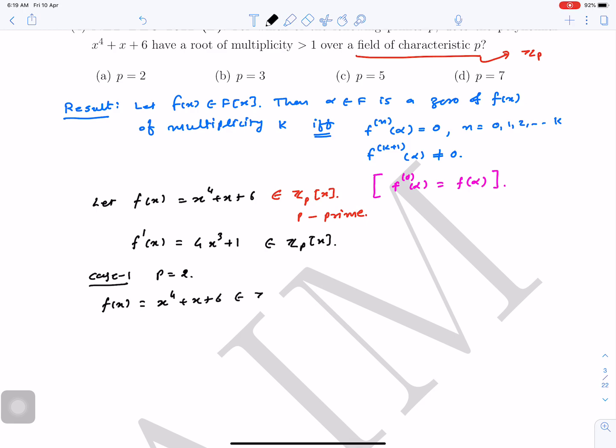It belongs to Z2[x]. You look at the polynomial in Z2[x], and its derivative f dash is 4x cube plus 1. It is also in Z2[x],